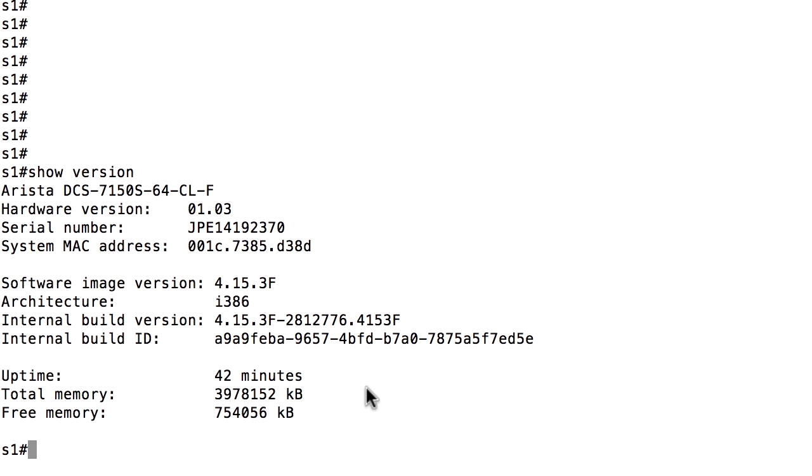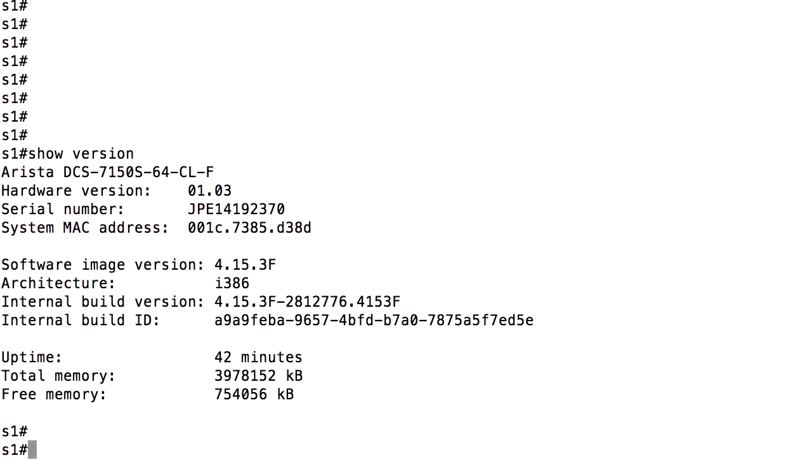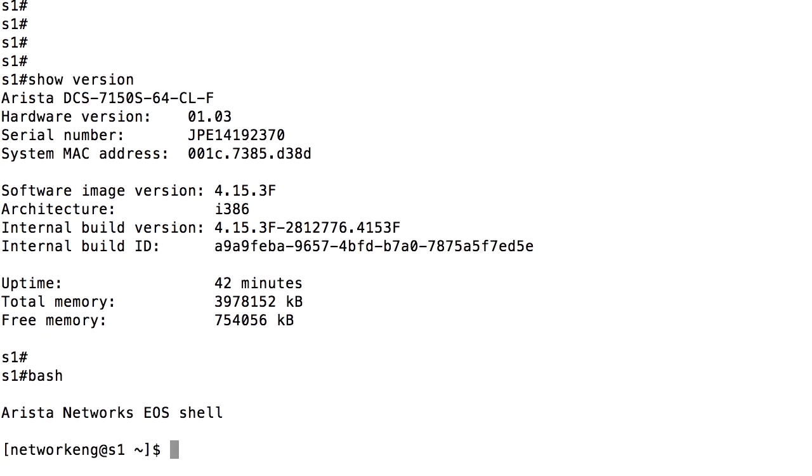Another way to see the boot-config file is to type the bash command while in the CLI. And since this is a switch in a lab, I'm going to use that process where we just simply type bash, and you can see our prompt changes. Now we're at the Arista Networks EOS shell. Now that we're in bash, we can look directly at the boot-config file. If we type